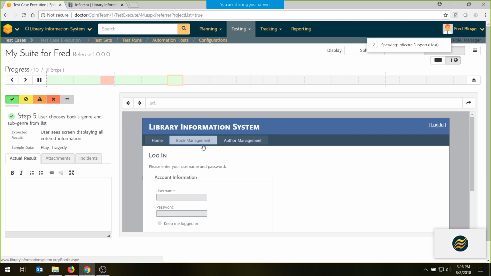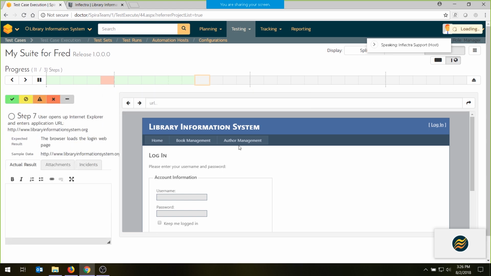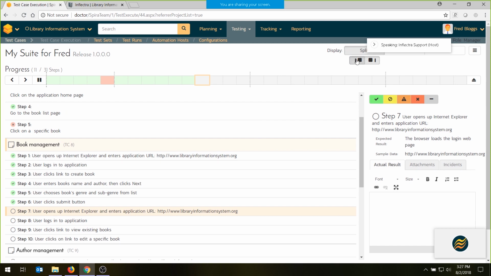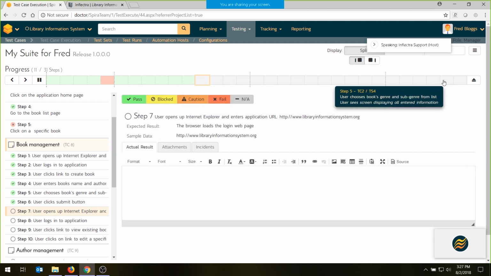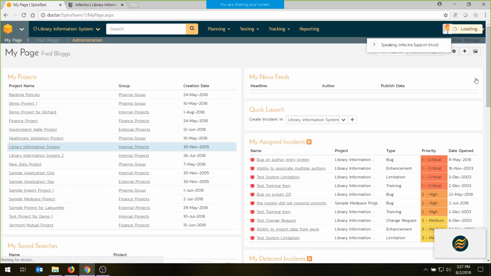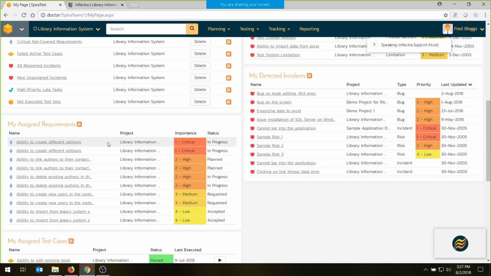I can use the application and actually take action and record results as we go. Whichever way I do it, I have actually finished one test case, and I've got a few more to go, so I won't waste your time. I'll hit the leave button. The leave button will tell me as Fred that I'm done, and it's not finished, so I can edit it